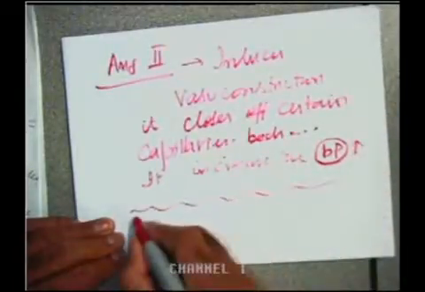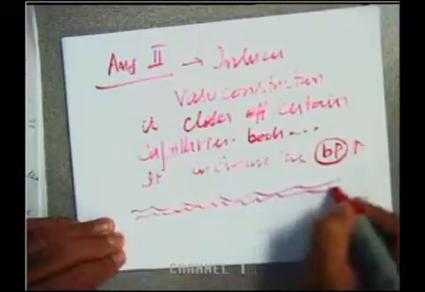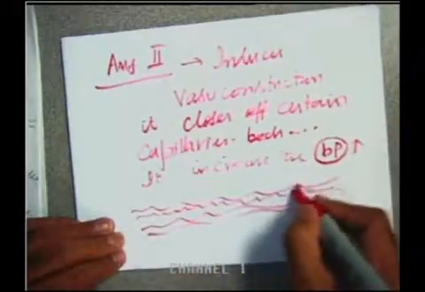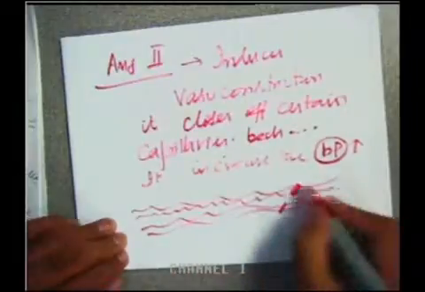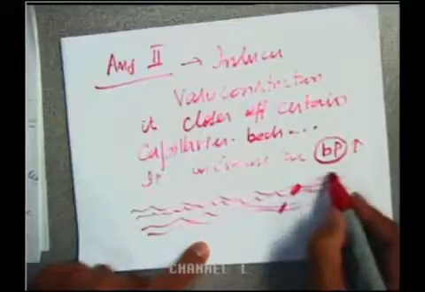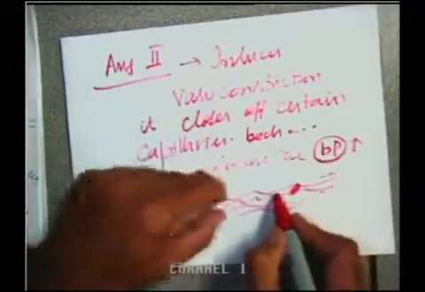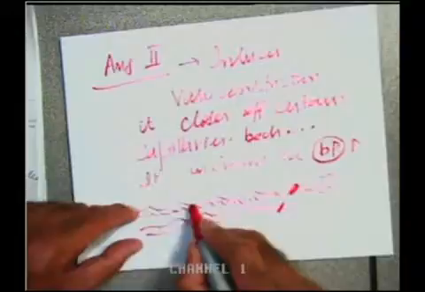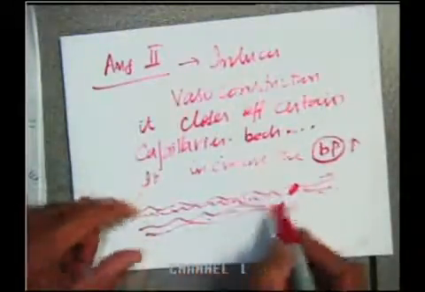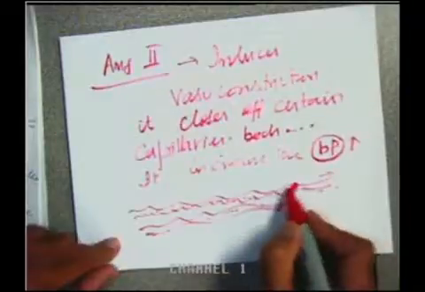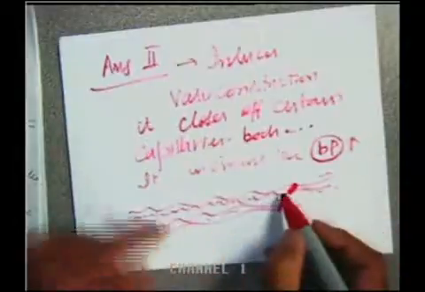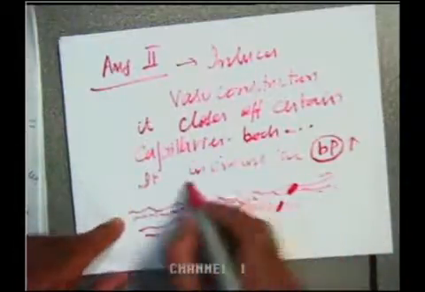Suppose you have capillaries and the blood is moving like this. This is a capillary bed. If there is vasoconstriction, if you are closing down this loop because of the Ang2, what will happen? The blood will not move over here, but at the same time you are giving pressure, and the blood present in this capillary bed increases. It starts building its own pressure because it is closed and cannot go up. So because Ang2 blocks this pathway, it increases the blood pressure.